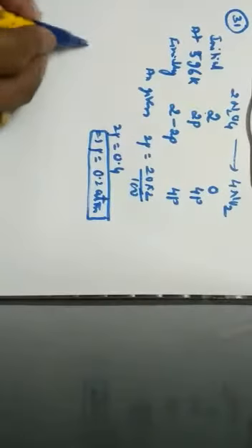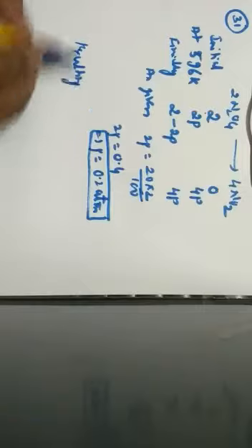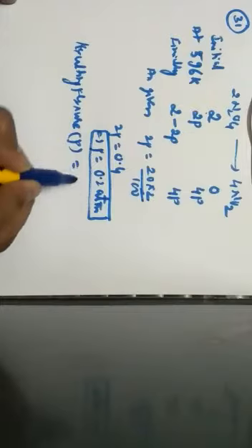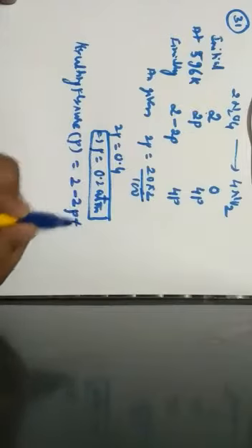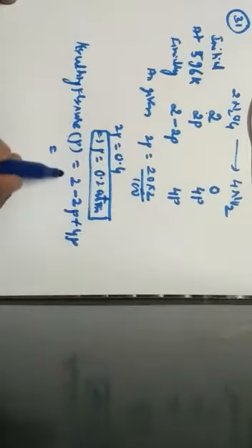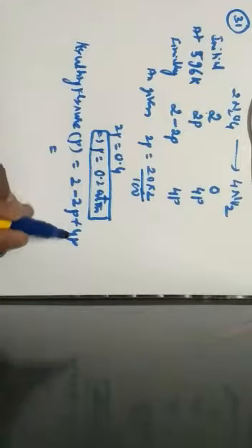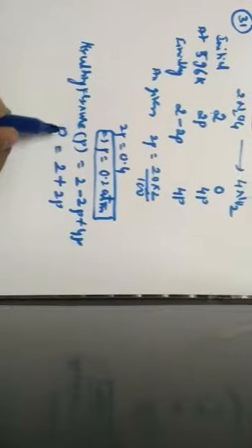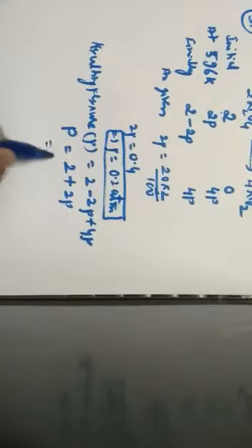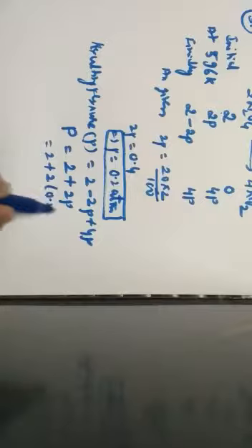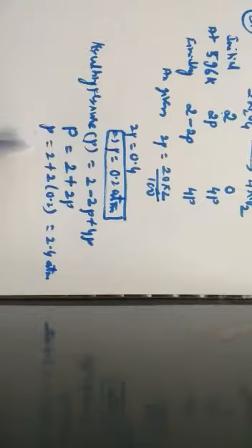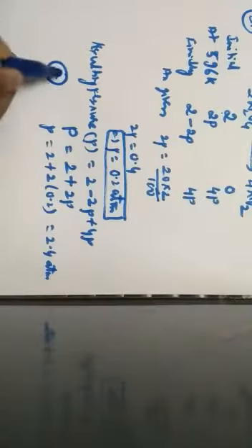Hence, after knowing P, if I calculate the resulting pressure, P is equal to 2 minus 2P plus 4P. Value of P is 0.2. Therefore, 4P minus 2P is 2P. I can write it as 2 plus 2P. That is the total pressure P is equal to 2 plus 2P, that is equal to 2 plus 2 into 0.2. Totally it is 2.4 atmosphere will be the resulting pressure, and the correct option for the given question is option A.